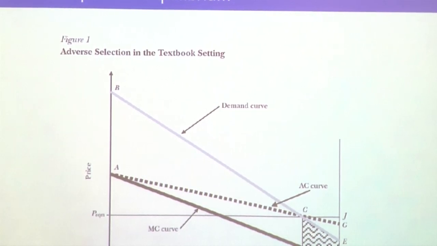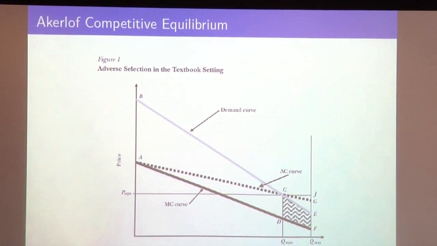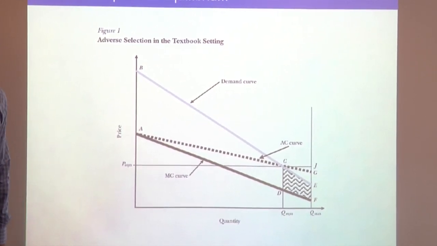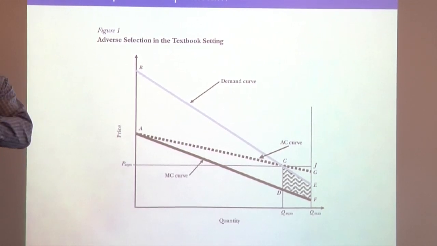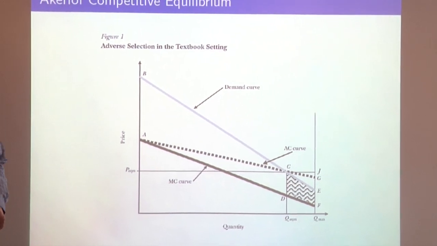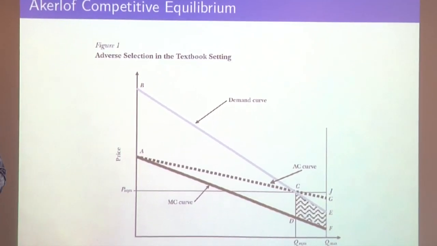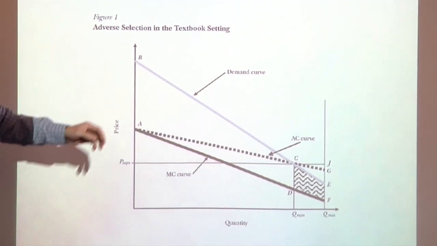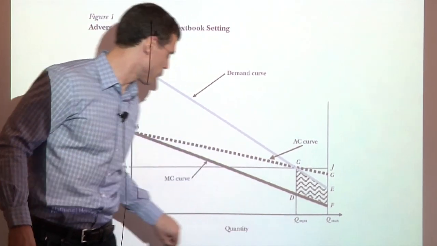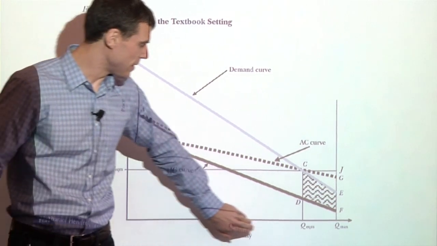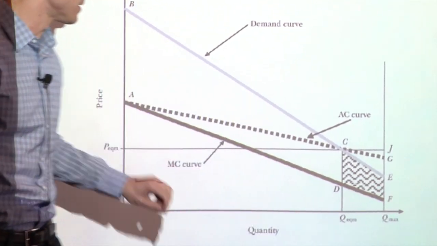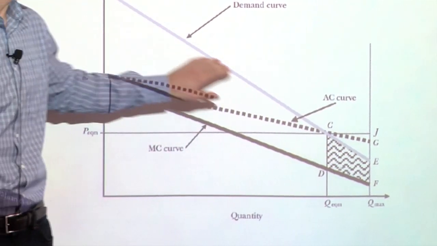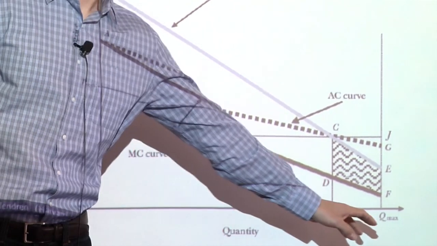So what I've got here is just a standard supply and demand type graph in an Akerlof type of world. What we're imagining here is people are deciding whether or not to purchase insurance, and everybody has potentially different demands for that insurance policy. What we're going to do is order everybody in this world according to how much they're willing to pay for that insurance policy. So when we order people along this axis, this would be 0 people purchasing the policy, this would be the full market purchasing the policy, and we order them according to their demand curve, according to their willingness to pay for that insurance policy. So it's downward sloping because we've ordered them that way along the x-axis here.